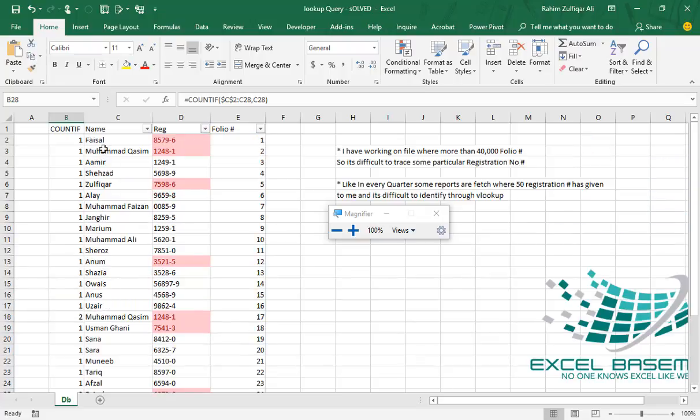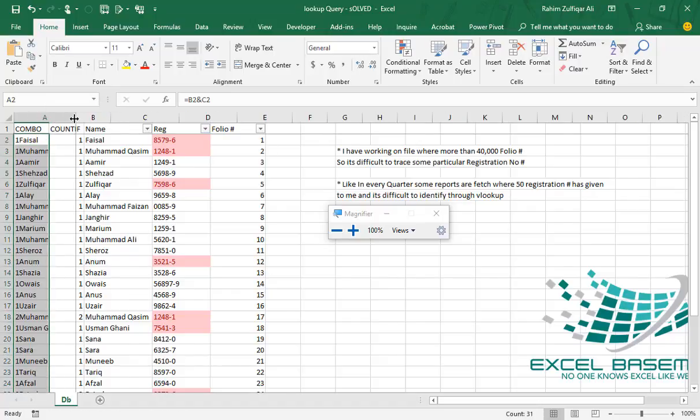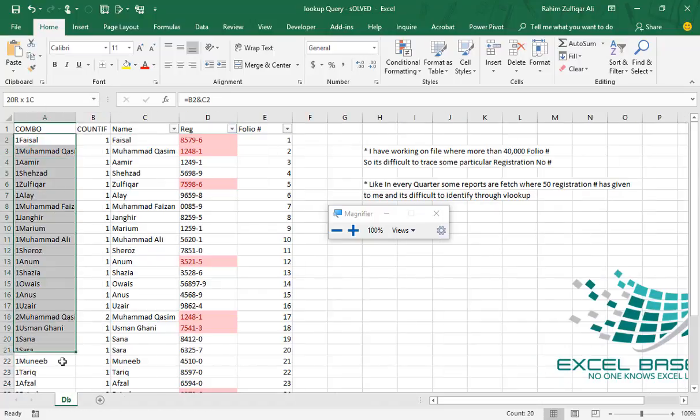Okay, so in this list of names, we have the duplicates. What we will do is create one more column, and join the COUNTIF result with the name using the ampersand sign. This column will work as the unique list.